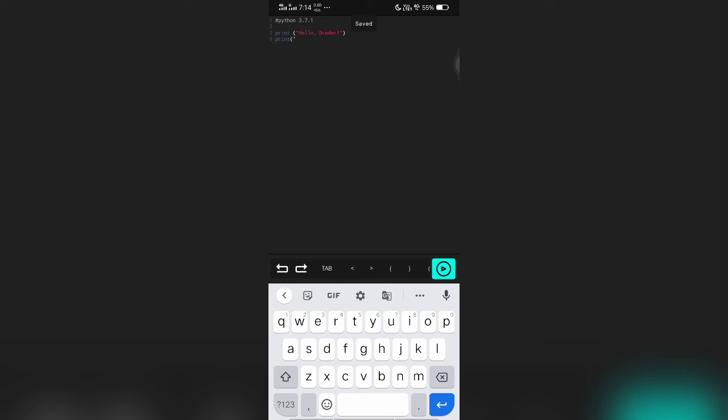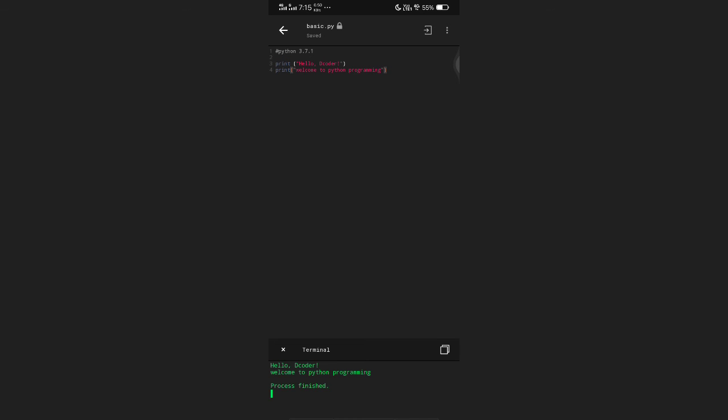Print welcome to Python programming, and closing the parenthesis. You can see here there is a play button like thing. Just click, it is a run option. A terminal will be opened. Here the first line is generated as it is, hello decoder, and the second line we have made,